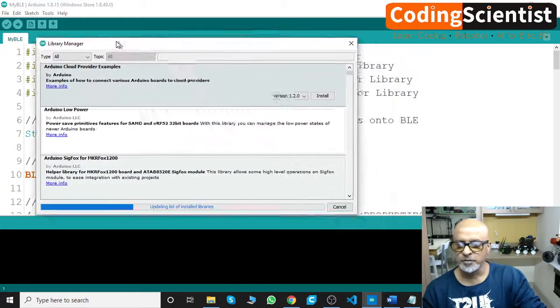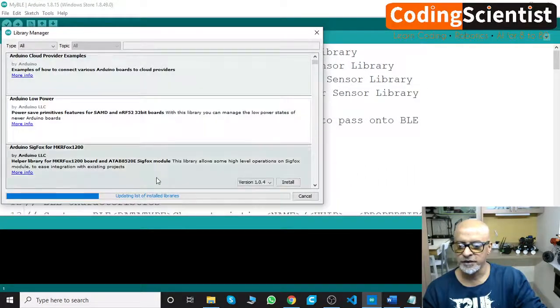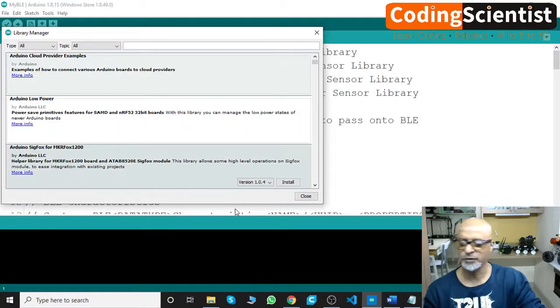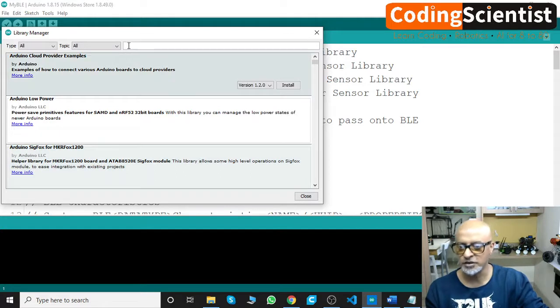It's going to open a small window. In this window, leave it for a few seconds, about 10 seconds, for the existing libraries to get updated, and then go to the search bar and type Arduino BLE.